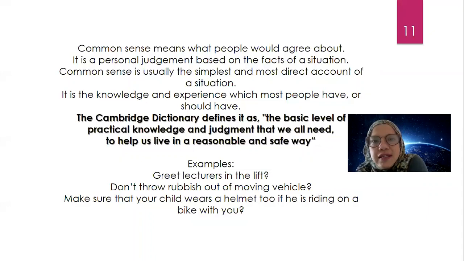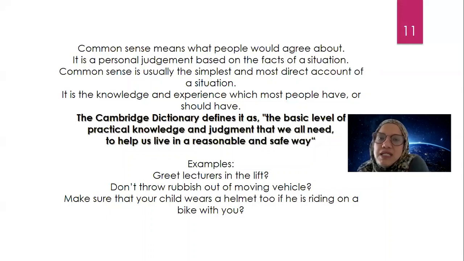I witnessed this when I was driving on the highway. This posh car in front of me, suddenly I saw the driver throwing crumpled paper out from the window. What is the common sense there?